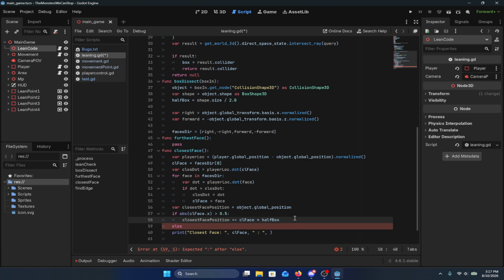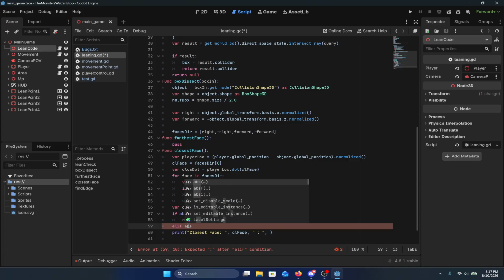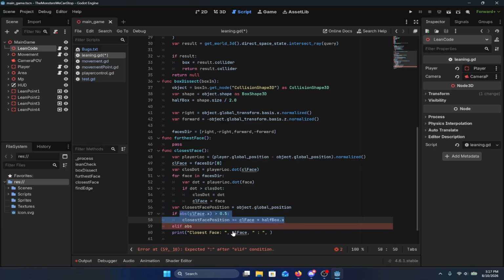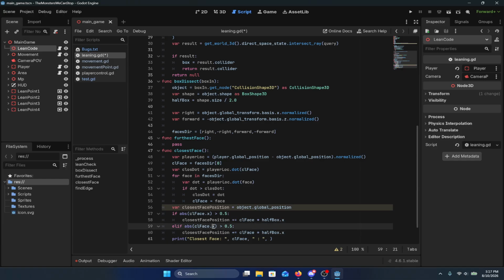Yep, a half box dot. Else if the absolute value of it in the Z